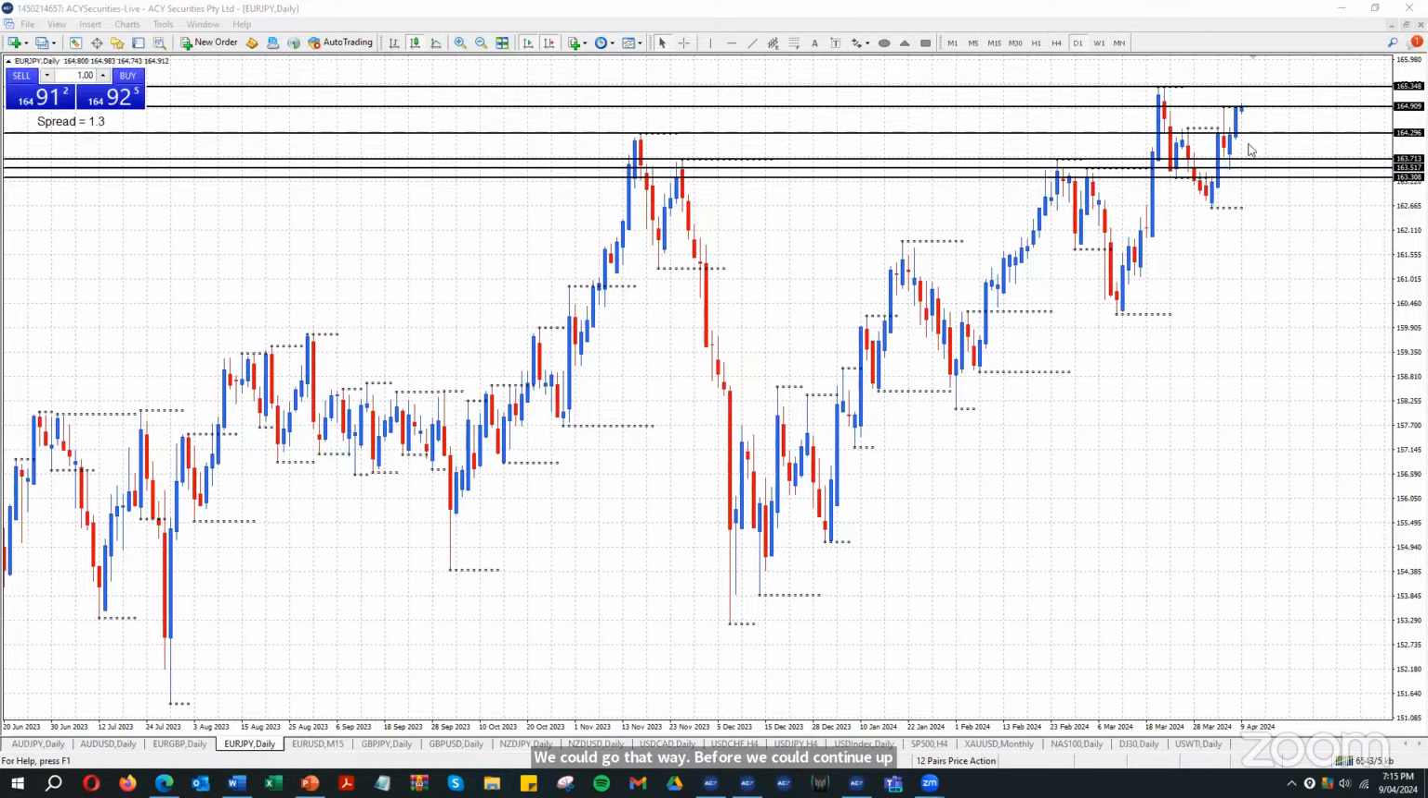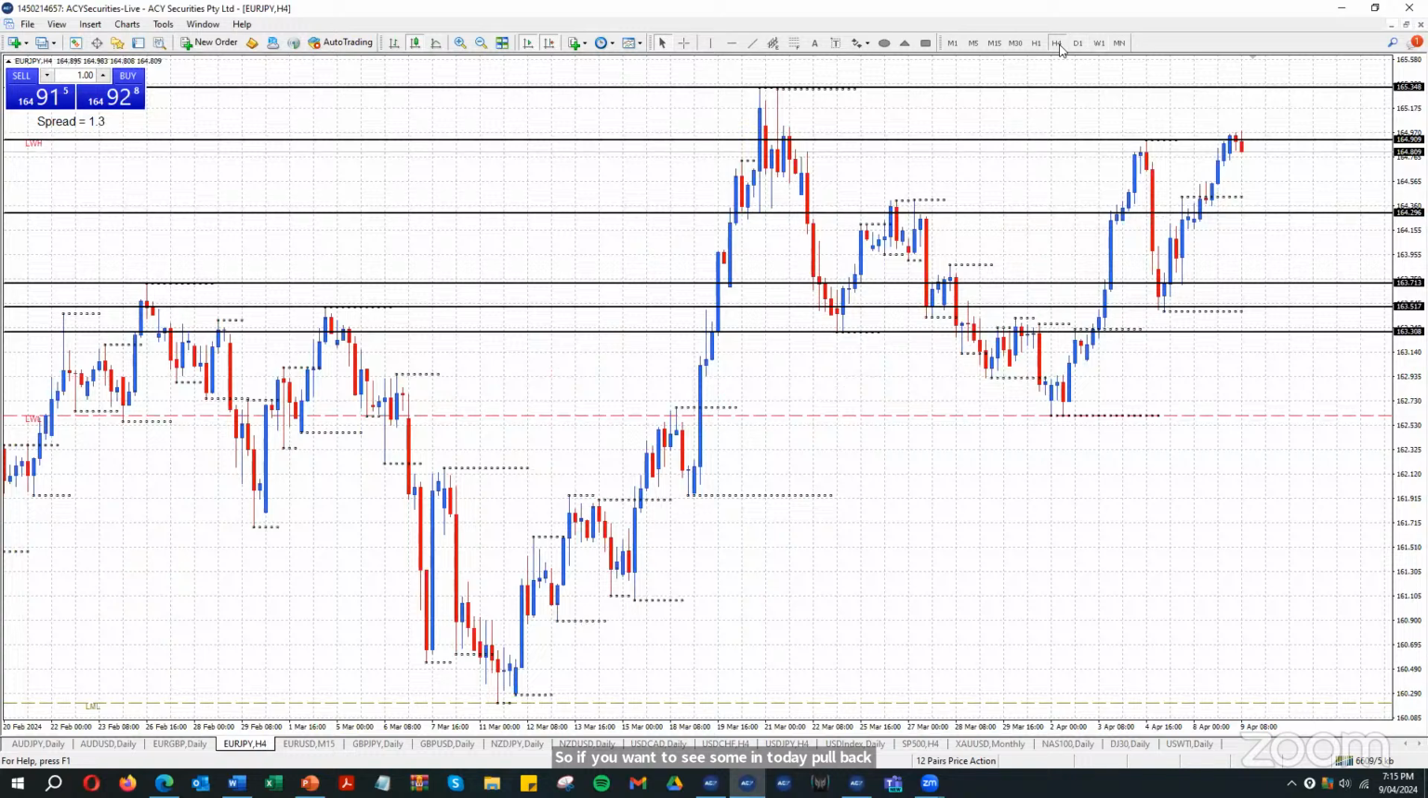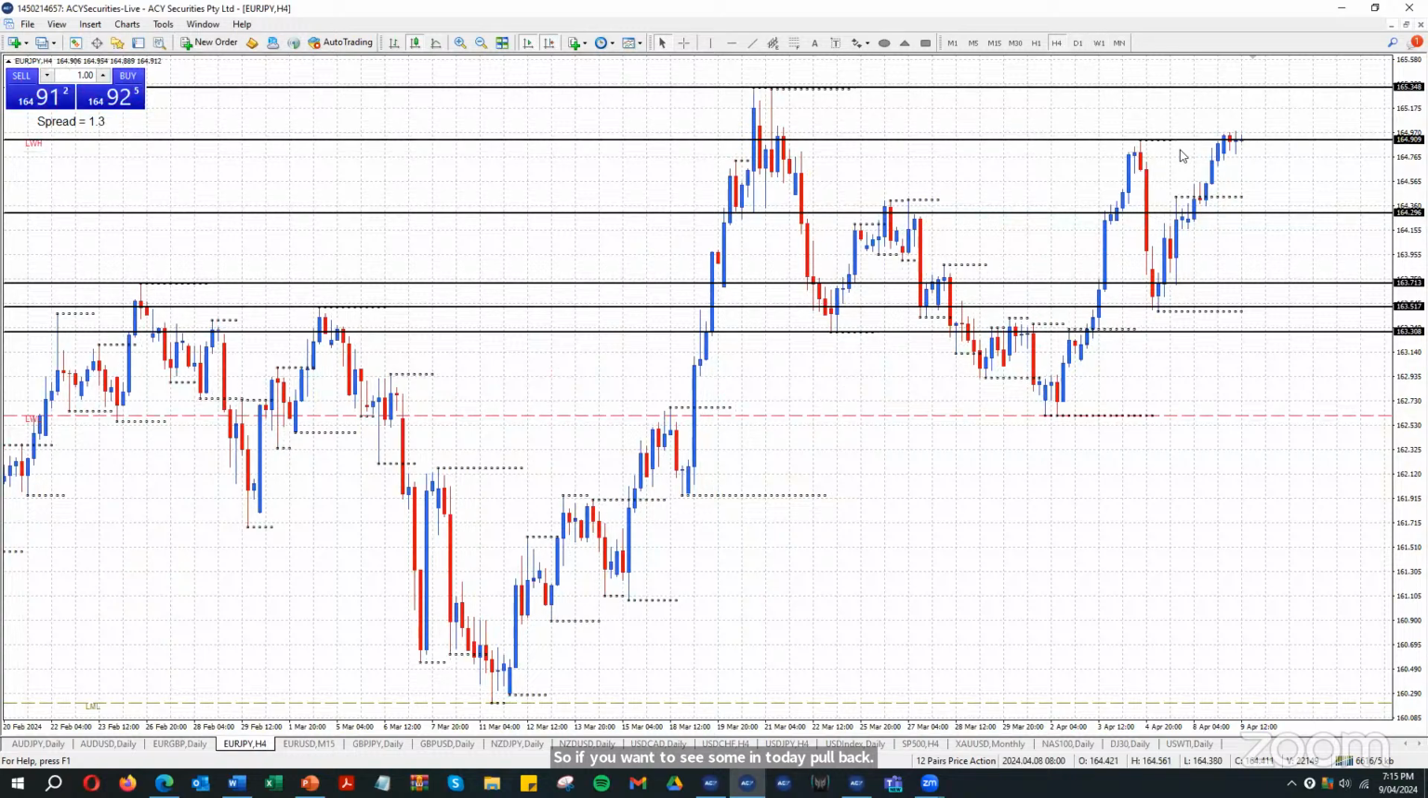From a buyer's perspective, it's very difficult just to buy right here because you're at the top of the move. So if you want to see some intraday pullback, let's go to the 4-hour chart. The 4-hour chart is very much struggling here, which is last week's high. So maybe until we get a data release